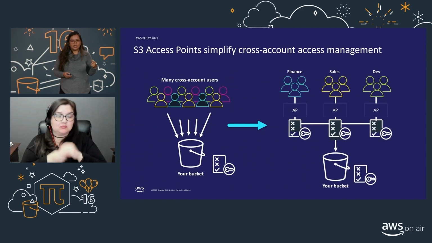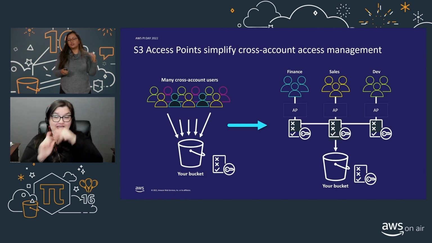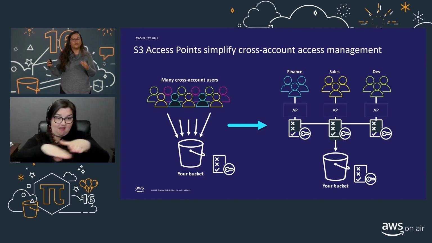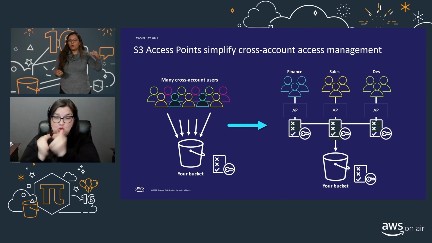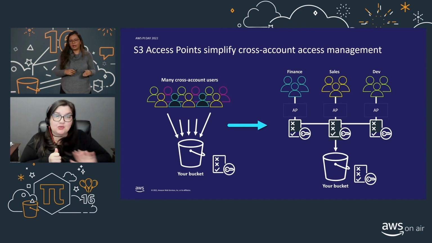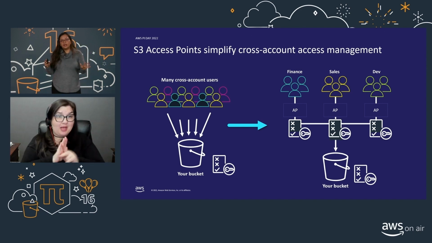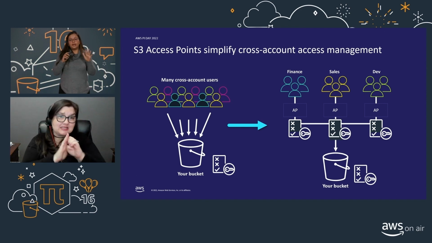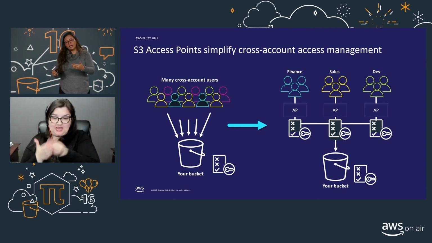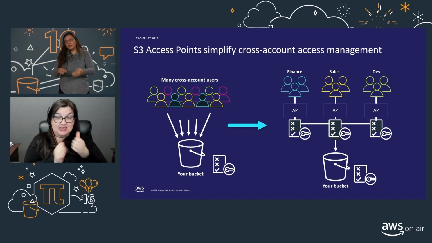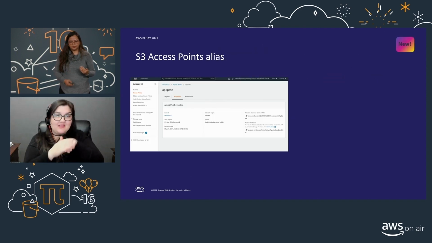As you can see in the illustration here, access points help you divide access to your bucket into multiple groups of users, each with their own access policies in the same bucket. For instance, you can divide cross-account users into 3 groups: finance, sales, and dev. And each group will read data from a designated access point that has its own access point policy.